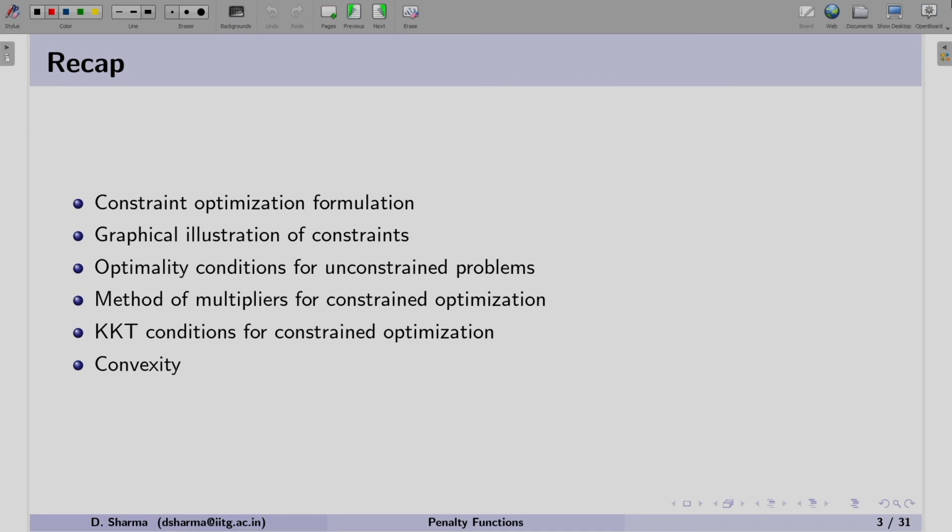We also went through the different types of constraints such as linear, nonlinear, as well as equality and inequality constraints. After that, we started with the optimality condition for unconstrained optimization, because that laid down the basis for finding the KKT condition or the optimality condition for constrained optimization. We used the Taylor series to find the necessary optimality condition for an unconstrained problem, which suggests that at a stationary point, say x bar, the gradient of the function should be 0.